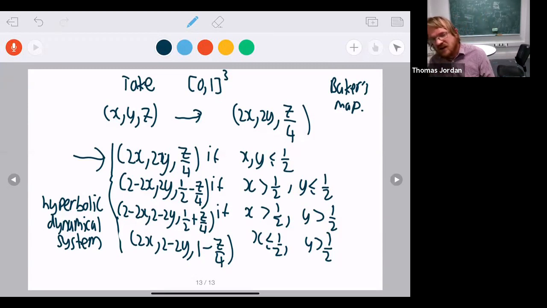So you would get an analog of the central limit theorem for the Baker's map. Okay. So while these systems are completely deterministic, you can get results which mimic the results you see in statistics. So even if there is randomness, the whole process is still deterministic, it's not stochastic. Yeah,